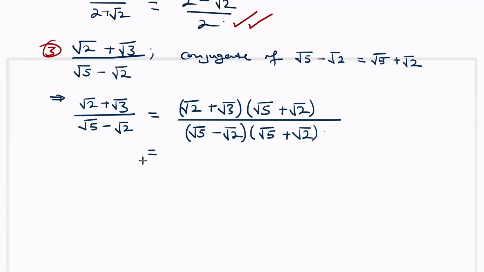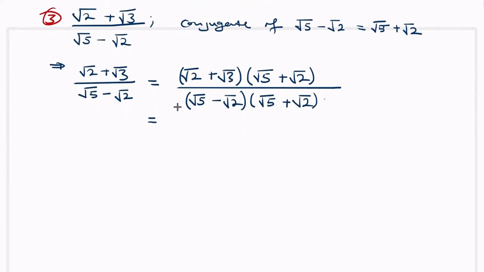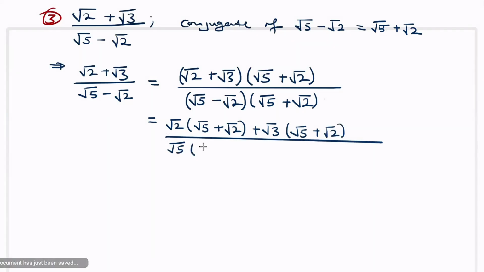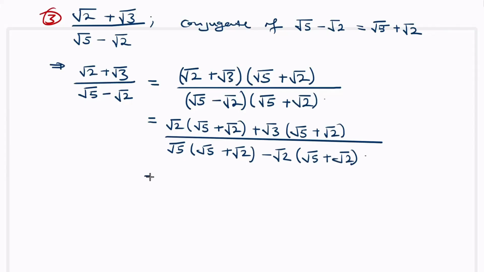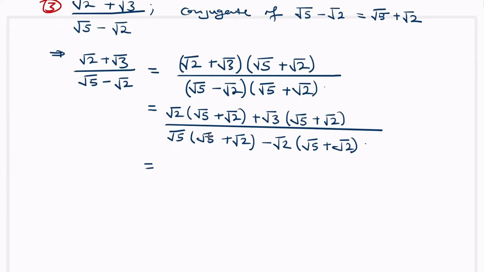So in here, I'm going to take you through the other method of multiplying each entity. This is the same as having, we are going to open the brackets. We have root 2 multiplied by root 5 plus root 2, plus root 3 multiplied by root 5 plus root 2, divided by root 5 into root 5 plus root 2, minus root 2 multiplied by root 5 plus root 2. As you simplify these expressions, you can see that root 2 multiplied by root 5